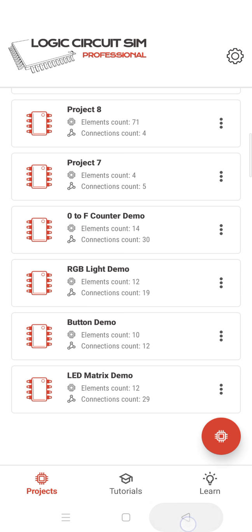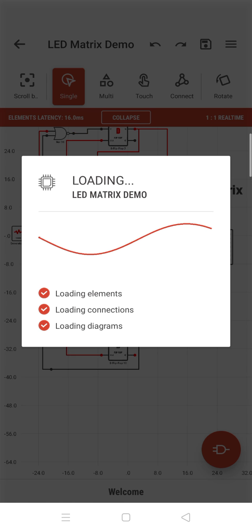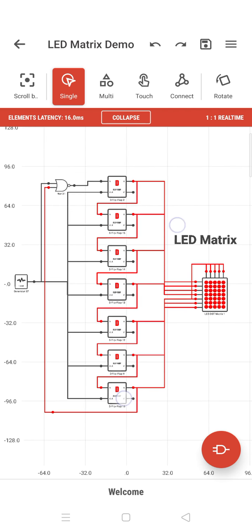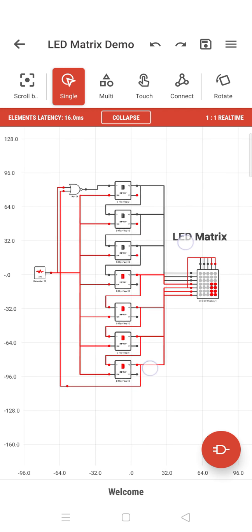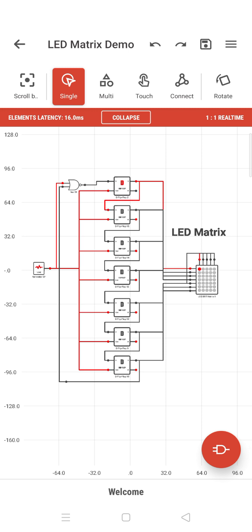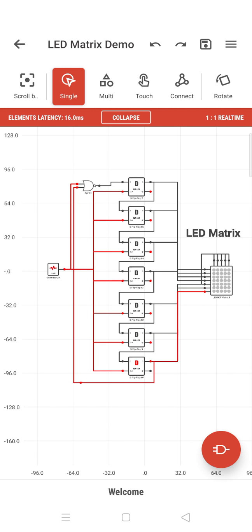This is another demo. LED matrix demo. Let's see how it is working. This is another kind of demo which they are giving. This is the LED matrix. So you can create an LED matrix like this and you can do all the stuff. It will just give the matrix going on from 0, then 4, then 8, 16 and things like that. So it just shows how you can create an LED matrix going like this. You can show it for your home demo or something like that. You can create it using logic circuits and things like that. These are the basic things you have to learn.